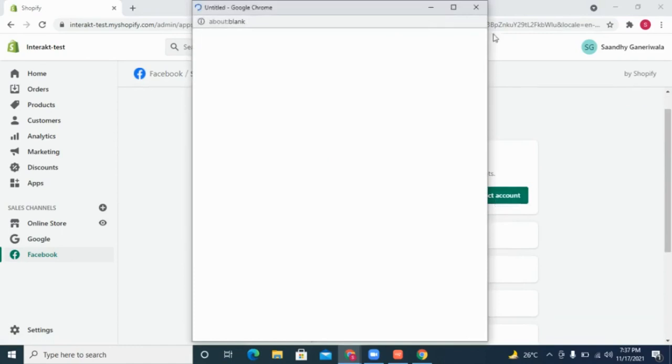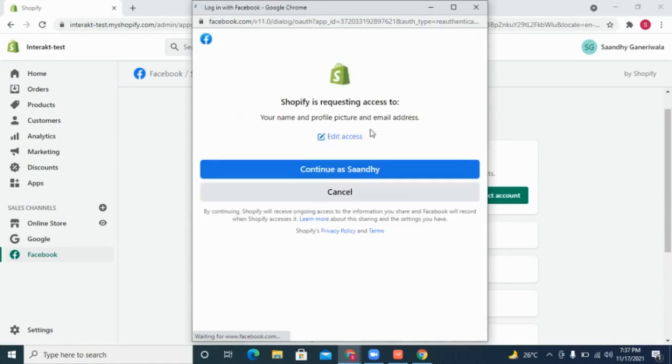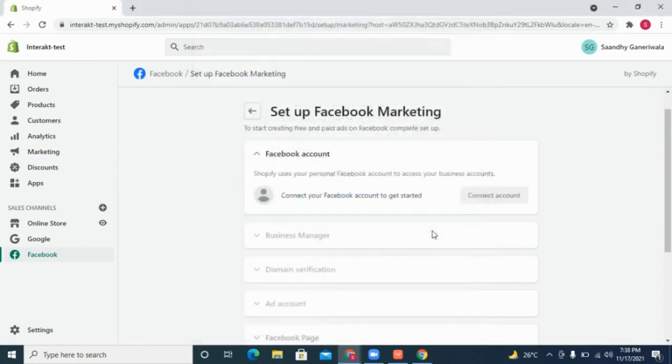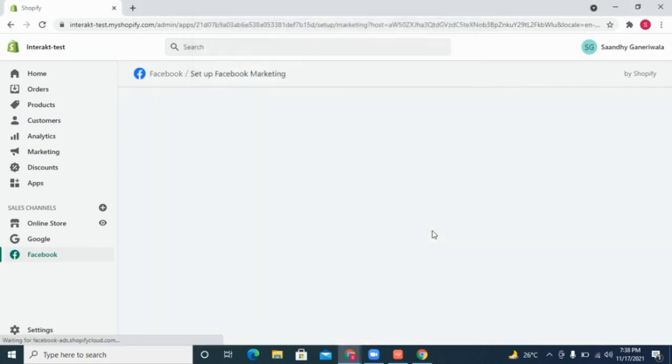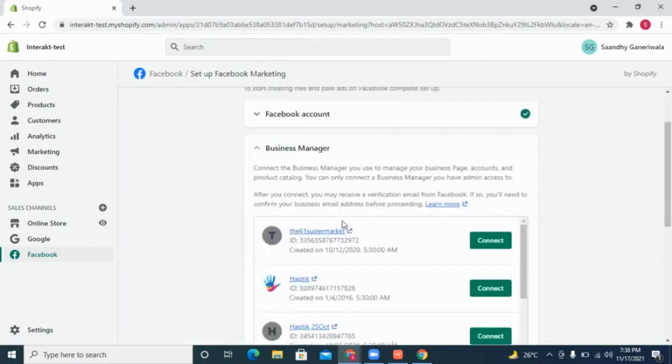As the first step, you need to connect your personal Facebook account to Shopify. In the second step, you need to connect the Business Manager account to Shopify.